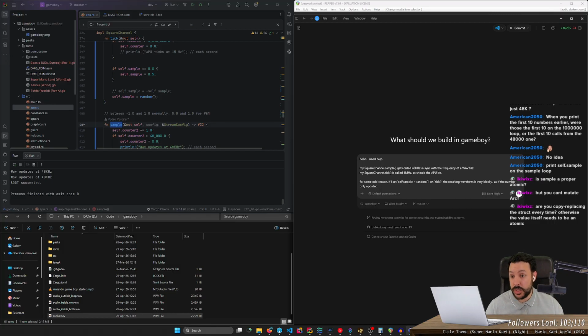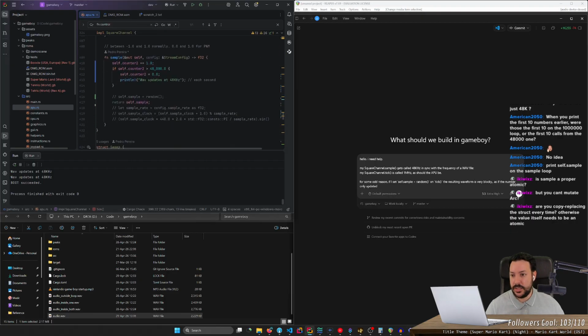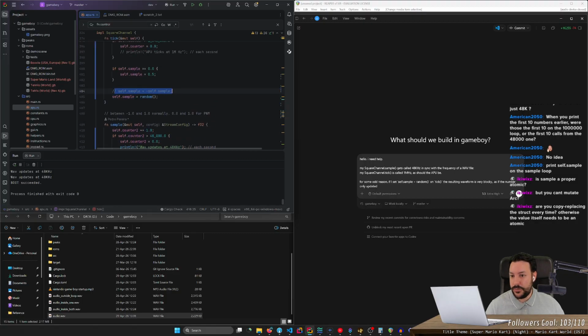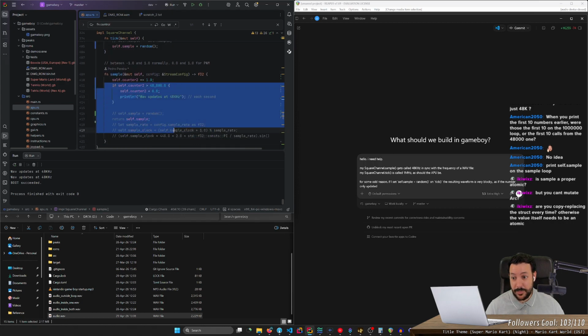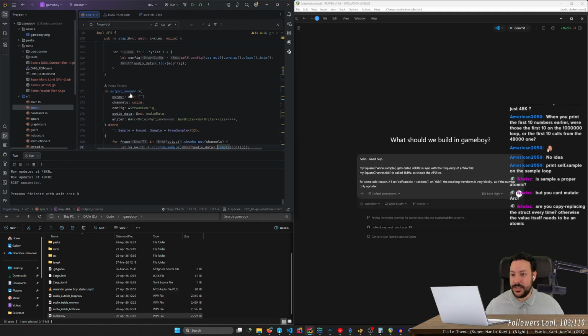But even with the locking, tick is getting called 1,000,000 times a second. Sample is getting called 48,000 times a second. I'm modifying the value 1,000,000 times a second, but whenever I'm getting the value here, it's not changing. Are you copying and replacing the struct every time? Otherwise, the value itself needs to be an atomic. I don't know what you mean.